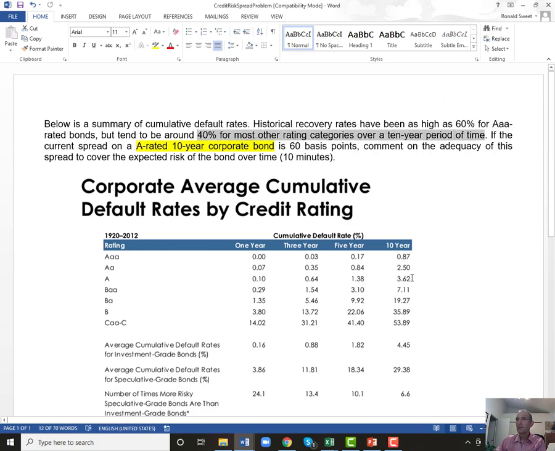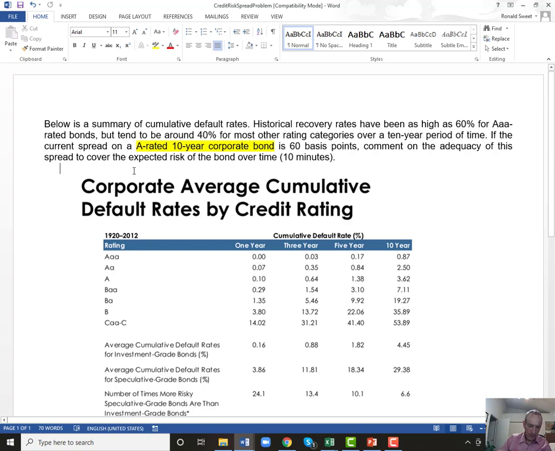So if you got a AAA bond, you'll lose about 1% of your bonds will default, but of those that default, you'll get 60%. You'll still get 60% of your money back. Now there is a time value of money there because you won't get it back immediately. It may take a lot more than 10 years, but we'll just assume it's 60%. For everything else, well, this is a single A rated bond, so we use the 40% here. So single A rated bond.